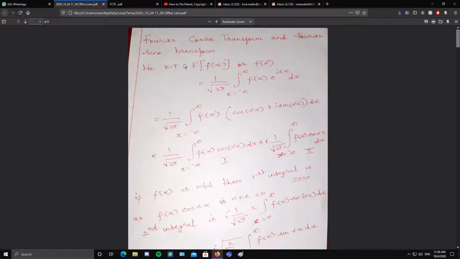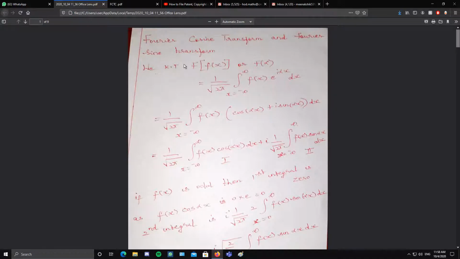Cosine series is for Fourier expansion of even functions. Sine series is for Fourier expansion of odd functions. You have learned that in half range series also. If a function is not periodic, you can make it periodic by sketching the graph either symmetric above the origin or symmetric with respect to the y-axis. That way you will get the odd function or the even function, and correspondingly you can use the cosine series and sine series.